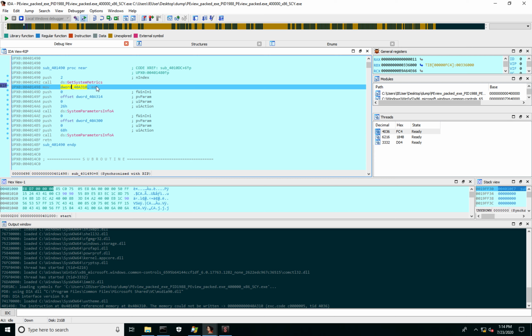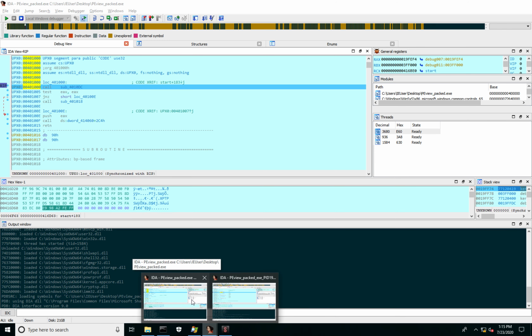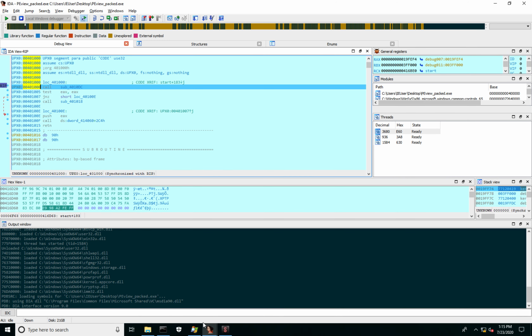What happened? This instruction tried to write the result of the API call from EAX into a memory address 0x408310. This block of code is exactly the same as in the initial version. Let's verify.